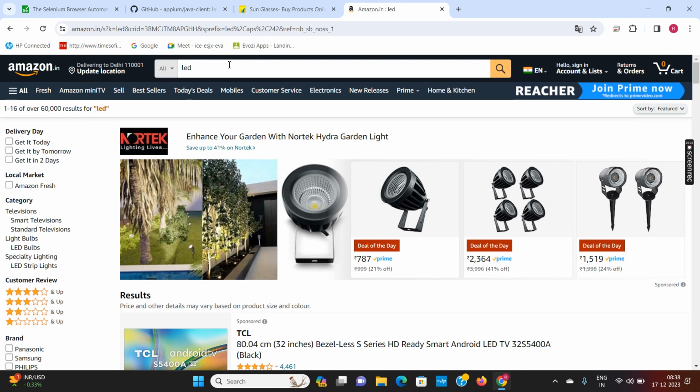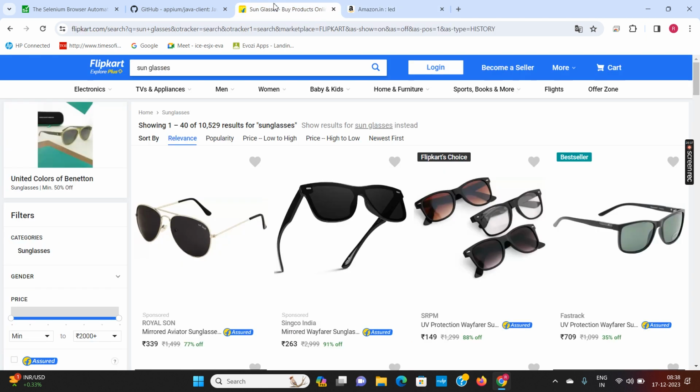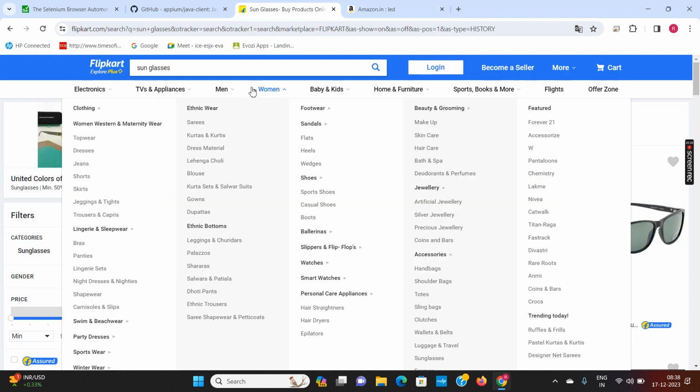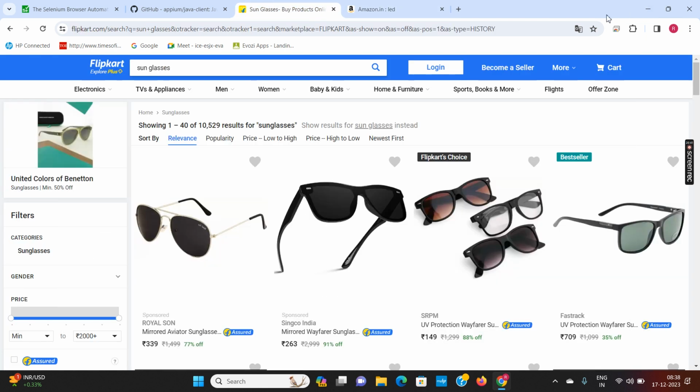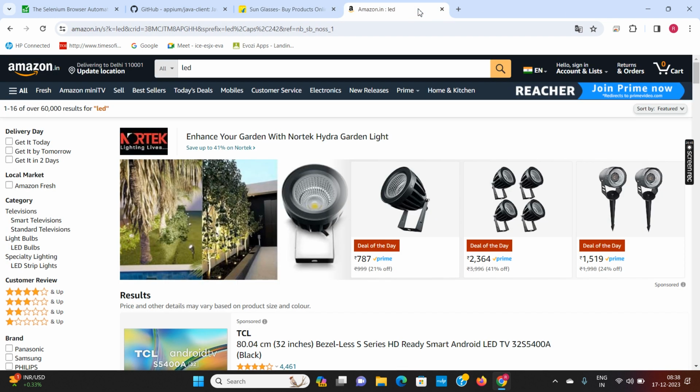That is called a testing framework. So it means we are making a complete framework for e-commerce. And if I'm making a complete framework for e-commerce, it can fit Flipkart, it can fit Amazon, it can fit Myntra or any other e-commerce site, because test cases are more or less the same.